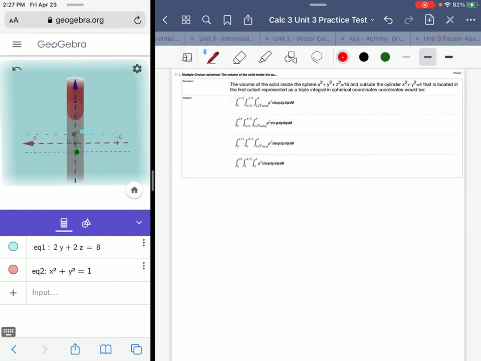So number 3 is saying the volume of the solid inside the sphere of x squared plus y squared plus z squared is equal to 16, and outside the cylinder, x squared plus y squared is equal to 4, that is located in the first octant, represented as a triple integral in spherical coordinates, would be which of the following. All right, so